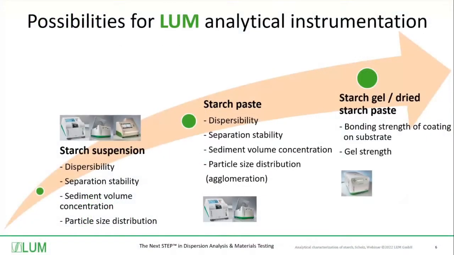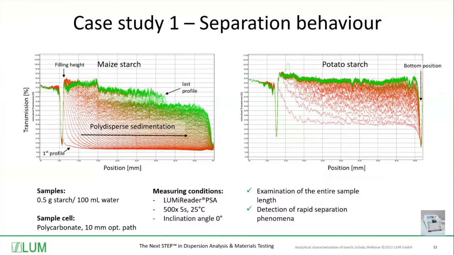After starch suspensions have been heated to starch paste, the Lumireader and Lumisizer can be used to analyze dispersibility, separation stability, particle size distribution, and also agglomeration and the concentration of sediment volume. Dried starch pastes and starch gels can be examined with the Lumifrac to determine the adhesive strength,